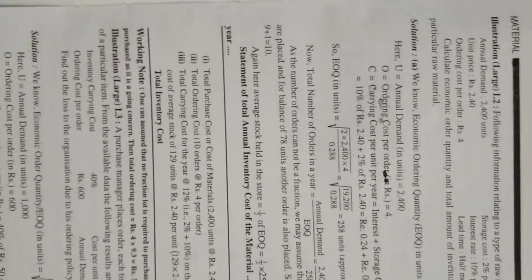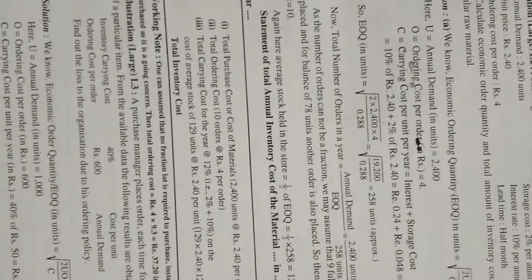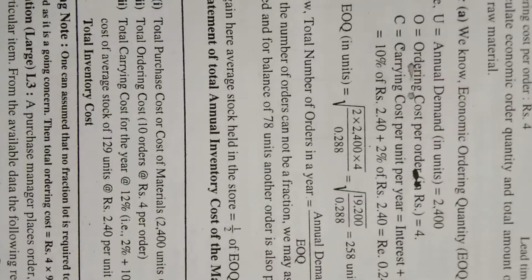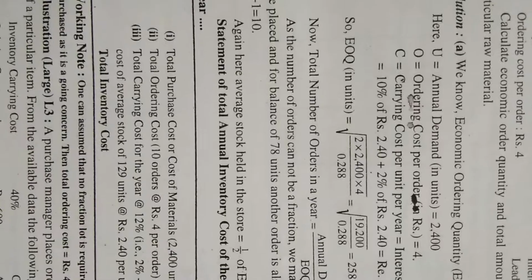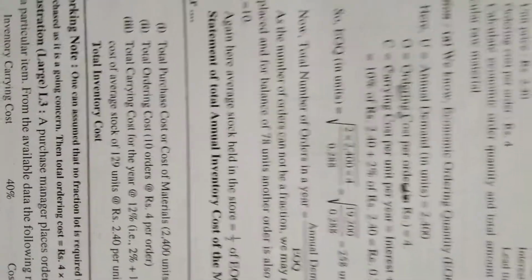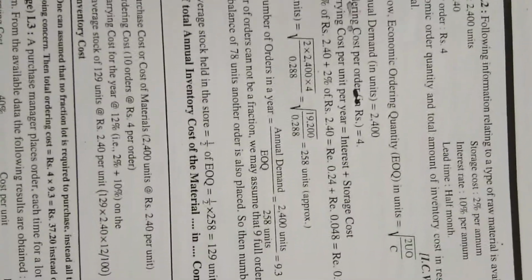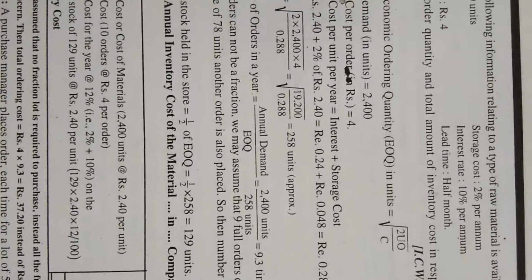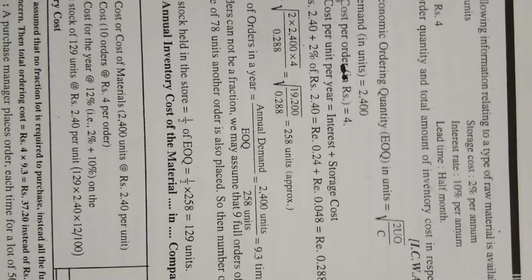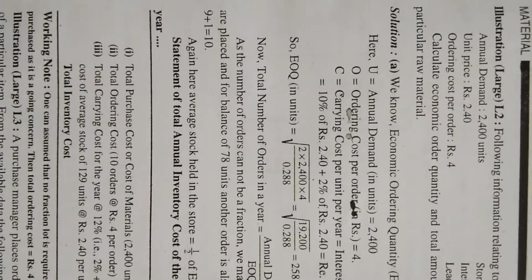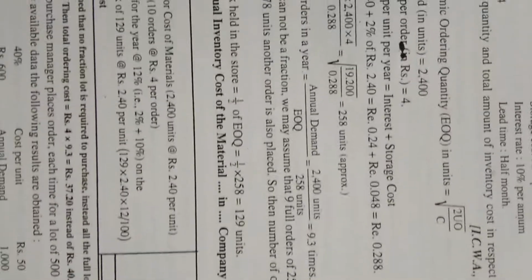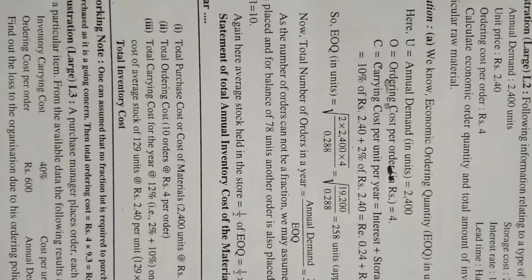Now just putting the values: 2 into 2400 into 4 by 0.288. Why? Right now I have told you carrying cost is calculated in this way: 2% and 10%, that they have given. Storage cost is 2%, interest rate is 10%, so 12% on the unit price. What is the unit price? 2.40. It came out as 0.288,